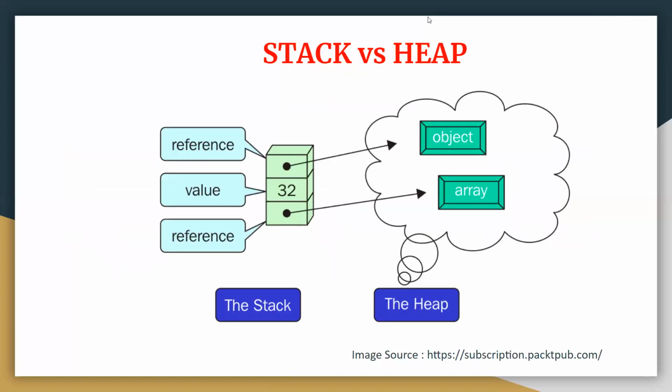The next topic we have is stack versus heap. When we talk about stack and heap, these are the two techniques used for memory allocation. Heap is a region of your computer memory that isn't managed automatically. It is just like free floating memory. When you want to access or allocate heap memory, you have to use specific functions to do so. In the C programming language, functions like malloc and calloc are usually used to allocate heap memory.